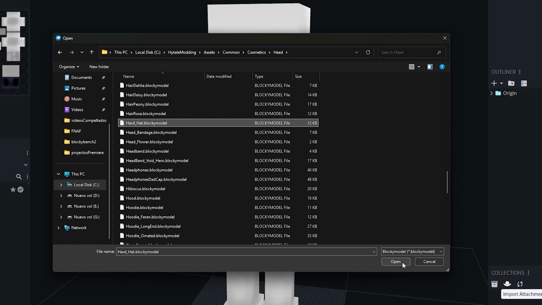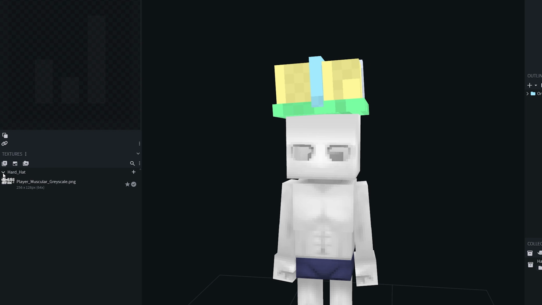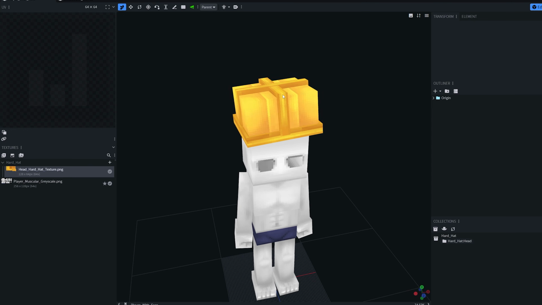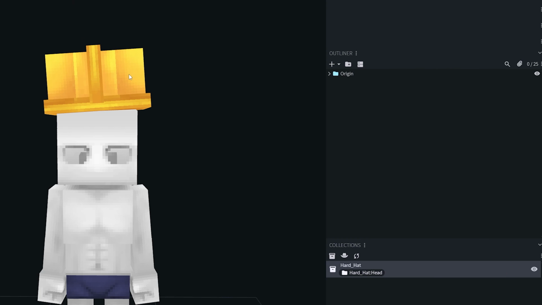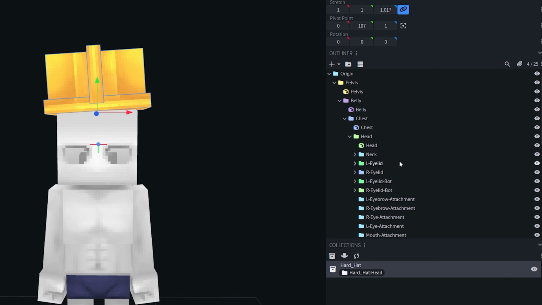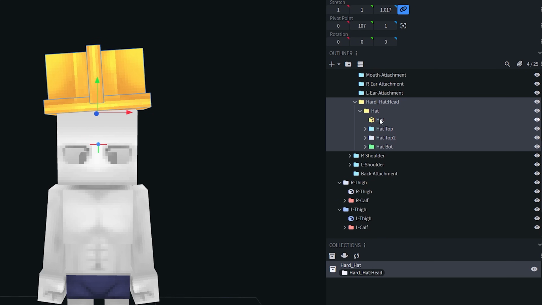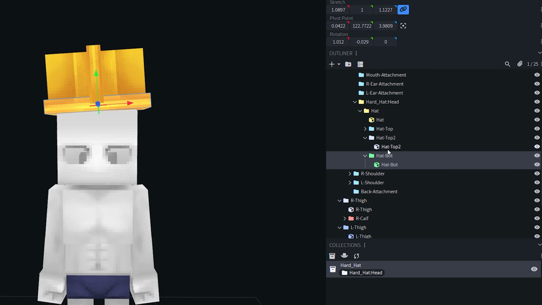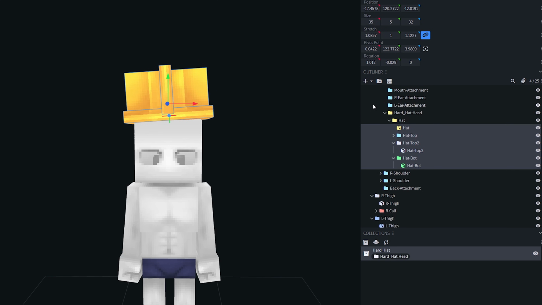Open the blocky model. To add the texture, go to the left, click on the name of your cosmetic, click on the plus, and add the texture. Click on the texture, and you will have it. Why are we doing this? Because if we click on the cosmetic that we imported, you can see inside of the player model where the cosmetic is going, in what folders. That way, you could delete everything that you want inside of the folder and put your own model and start